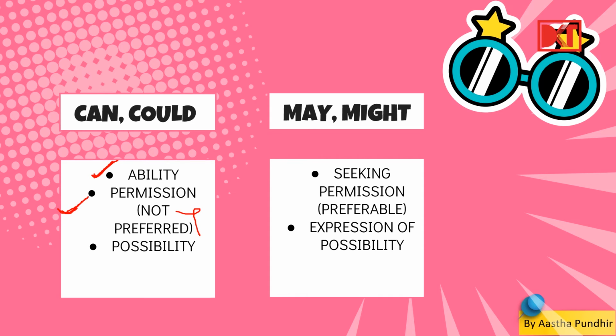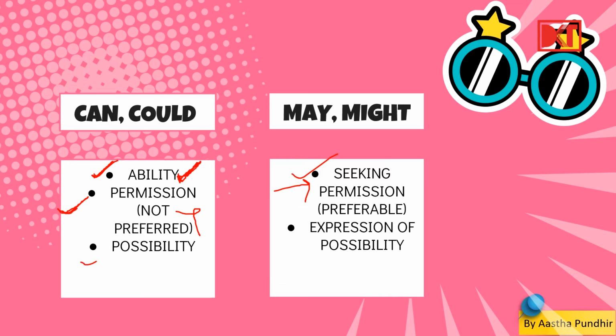It is used in very backward formal cultures, but not really in the current informal and comfortable sense, because can actually refers to your ability. So when you ask someone, can I come in? It actually means you're asking if you are able to come in. Now you have a perfectly fine working body, and of course you have the ability to come in, but when you have to ask for permission, here you use may or might, like, may I come in. Alright.